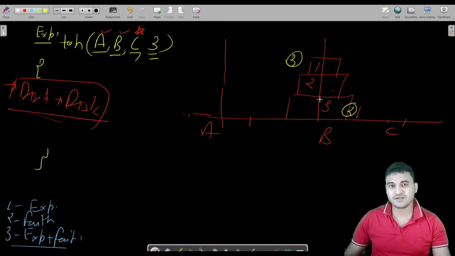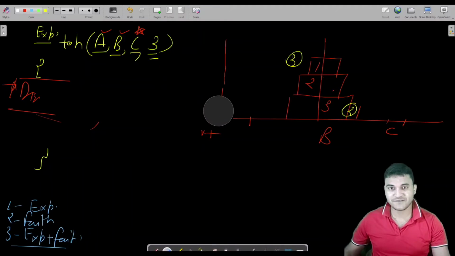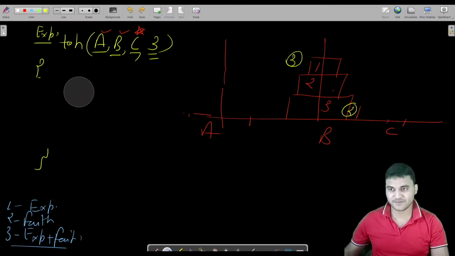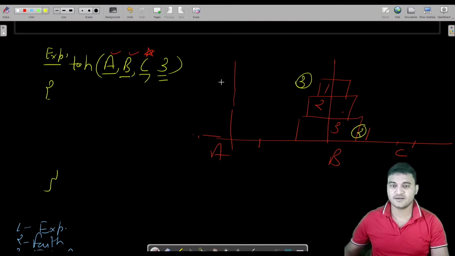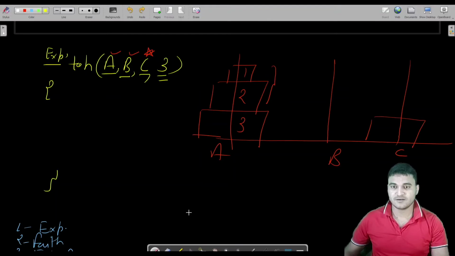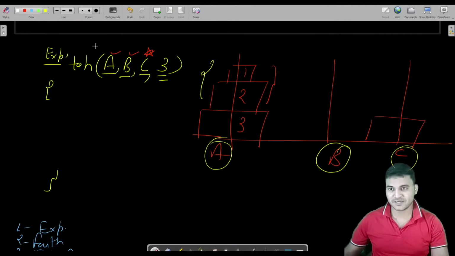So this is how it is being placed, and the same mechanism I will use. If it is confusing to you, then do not worry. I will explain here also. What was that? Like the initial step was to choose these two disks and move from A to C using B. Our expectation is